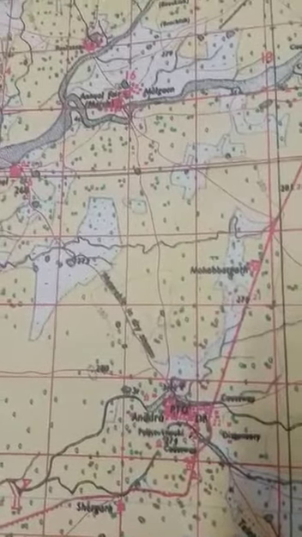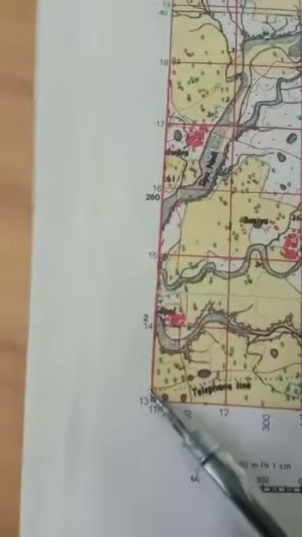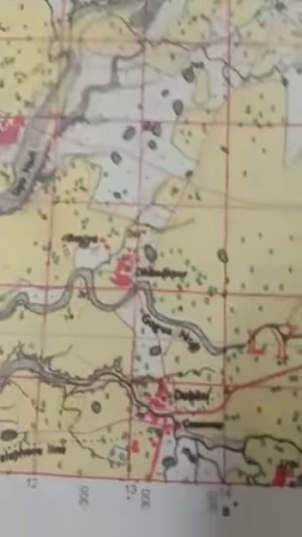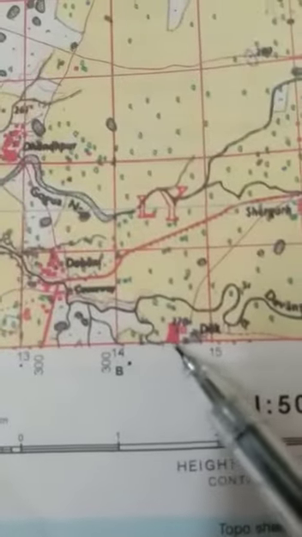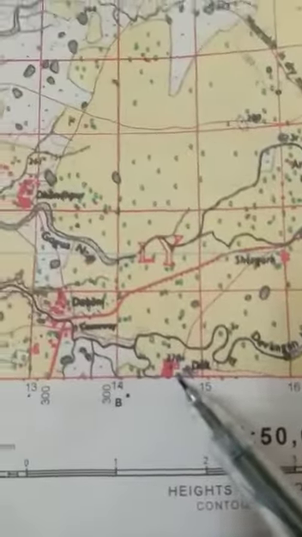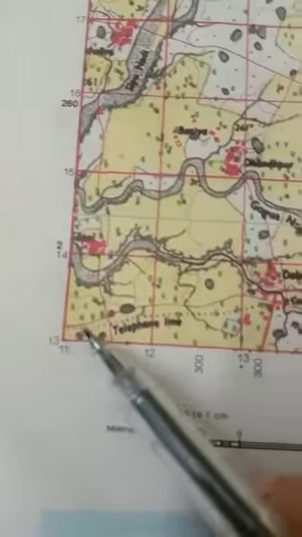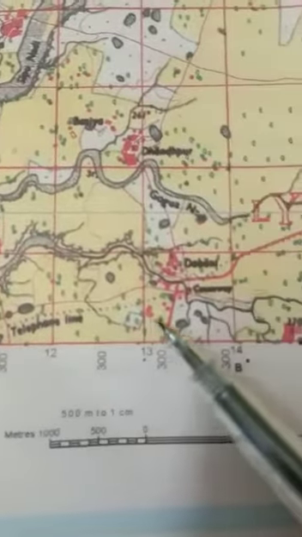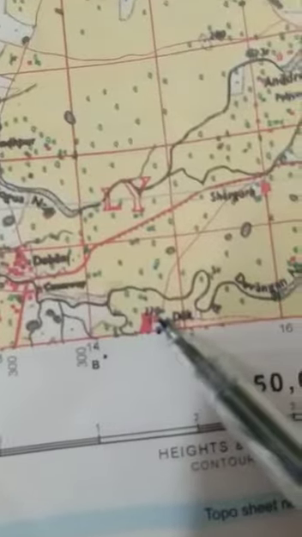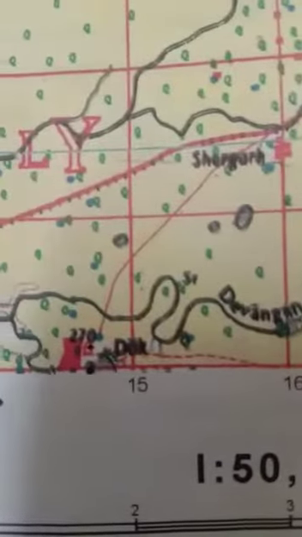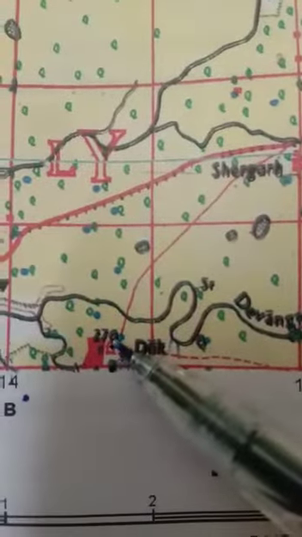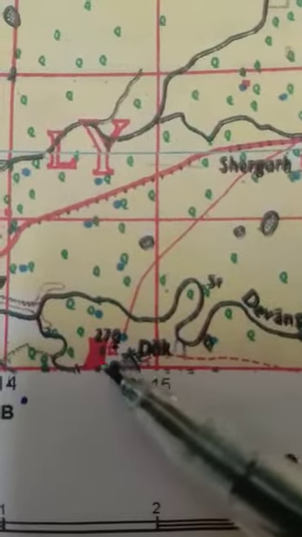Sometimes the question comes: what is the conventional symbol at the grid 14, 7, 13, 2? Now you come here. We have to find out 14, then 7. 14 is here, 7 will be here. Okay, then 13, 2. 13 is here, 2 will come a little bit up. So here you come, see this portion. Here is a small temple over here. You can see this temple. So it is a sign of temple. So this is your temple.